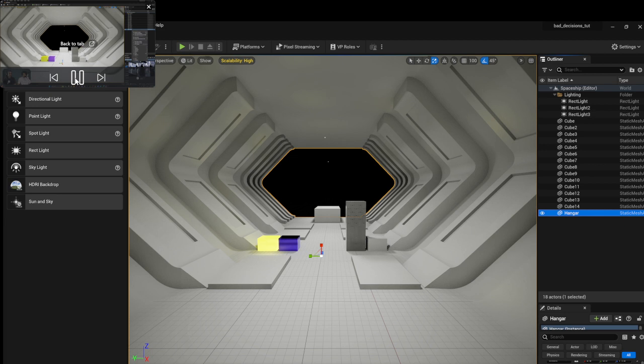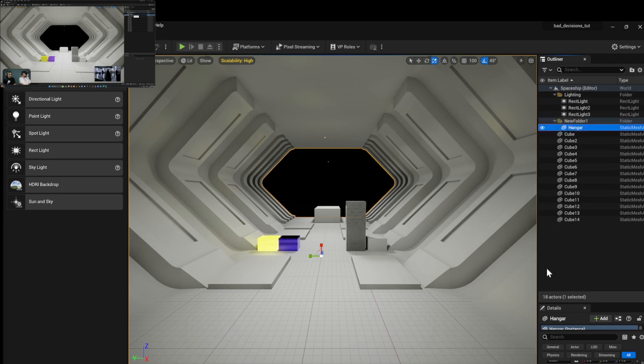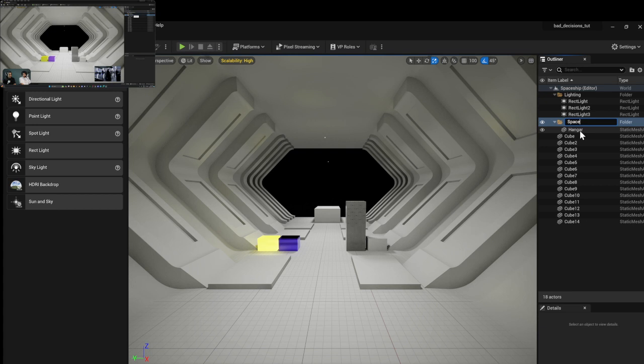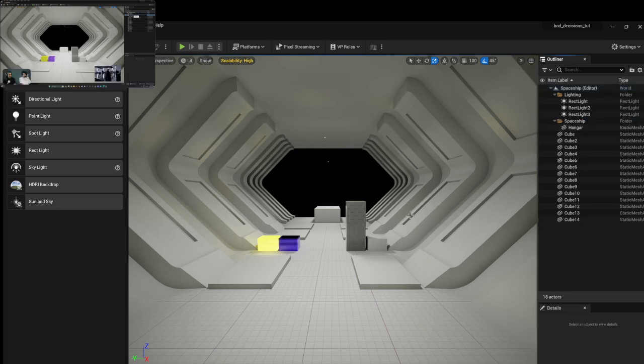take this, right click. I'm going to move this guy, right click. And we're going to move to create a new folder. We're going to go to spaceship. Really quickly, just organizing things. And then everything else, all of these are blockouts. So we're going to right click and move to create a new folder, call this blockout. Just staying